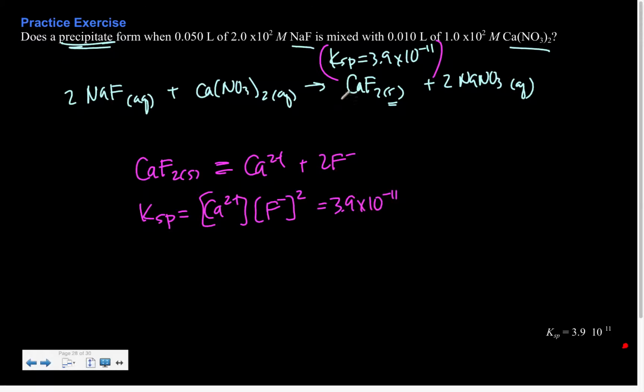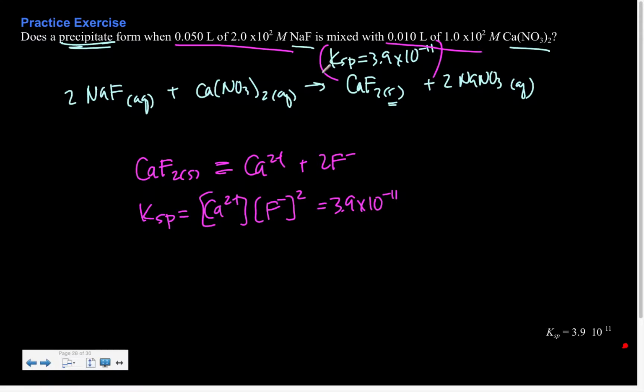Because if we try to look at it from the point of view like, oh, calcium fluoride is my product, so then you want to write the calcium fluoride on this side with your ions on this side maybe, which is technically what's happening in the reaction vessel. But that doesn't correspond to what KSP means. And if our analysis is going to work with KSP, this is what we need to be looking at and thinking about. So, thinking about what I know, do I know my concentration of calcium ions? Yes. Between these pieces of information, I can get the amount of my calcium ions. Here, yes, I can get the amount of my fluoride ions.